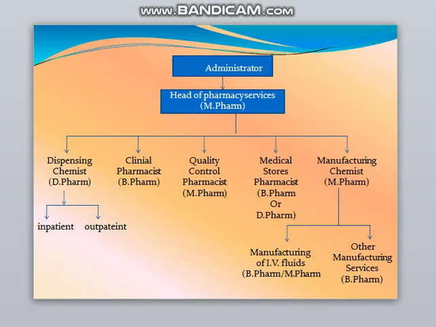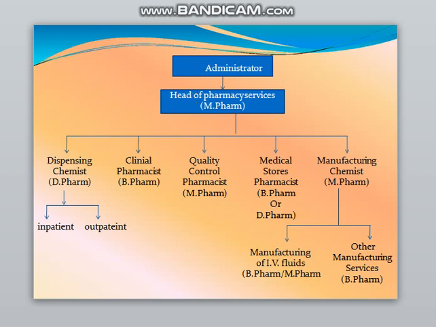Next, we will see the persons required in the hospital pharmacy. This is basically a hierarchy level classification. The organized hospital pharmacy department has an integrated setup consisting of the dispensing section, manufacturing section, quality section and clinical pharmacy section. There will be an administrator. Next, there will be a HOD of pharmacy, who can be an M.Pharm or PhD with experience and specialization in clinical pharmacy and pharmacy practice or pharmacology, or a PharmD with experience.